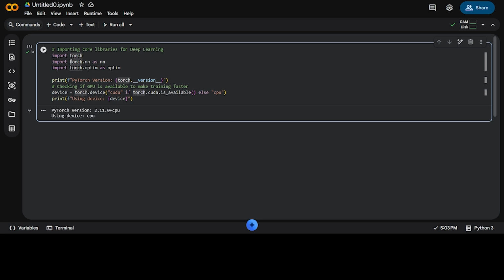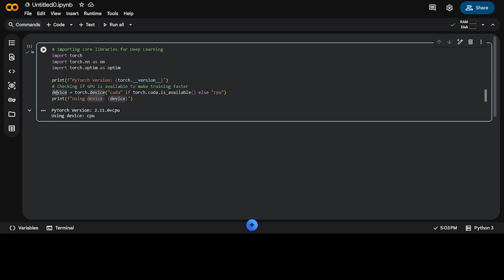And then I'm using torch.nn as nn and torch.optim. These are the libraries in deep learning. You just have to import these in your Python code editor, okay? And then you print the torch version, torch.__version__, okay? It will display the PyTorch version here, okay?